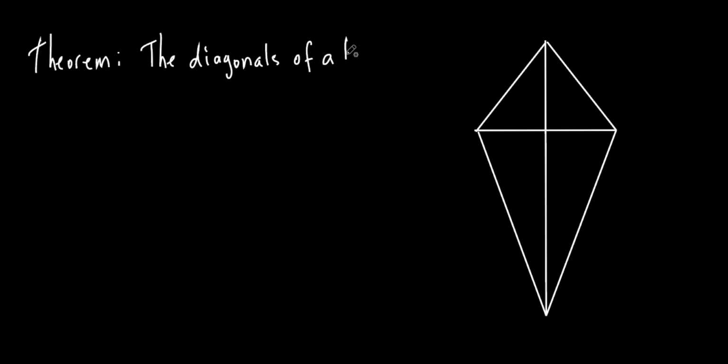Okay, here's another theorem. Let's write that down. Theorem. It talks about the diagonals. Which ones are the diagonals here? The ones going through the kite. See that? Those are your diagonals. And it says the diagonals of a kite are, okay, here's a word we've heard before,